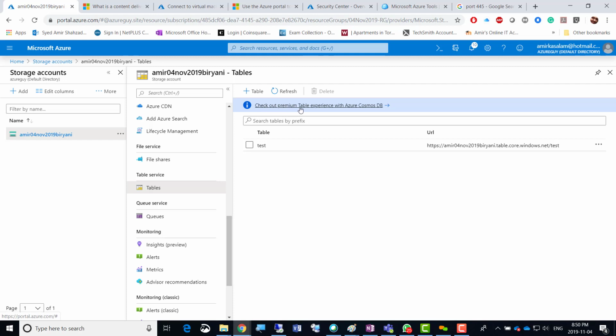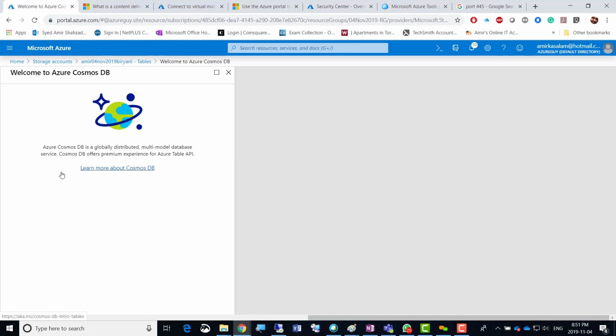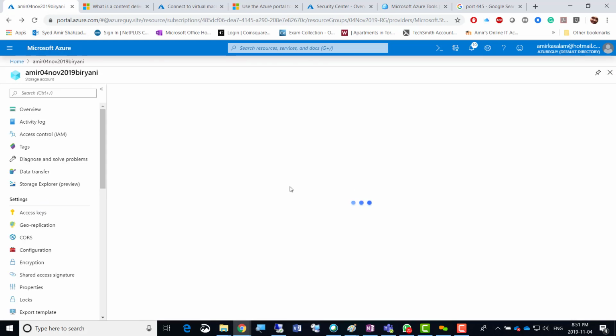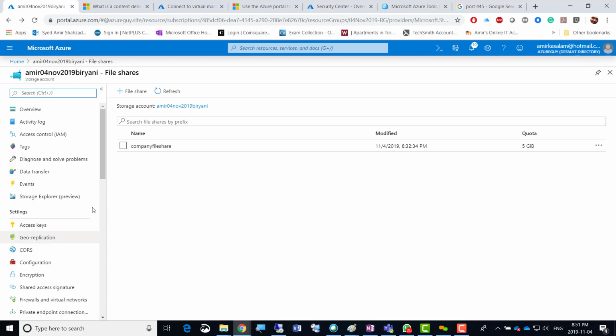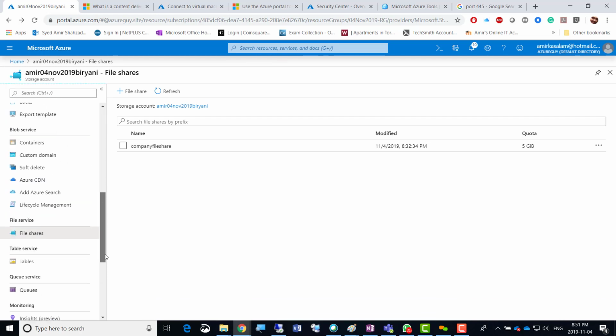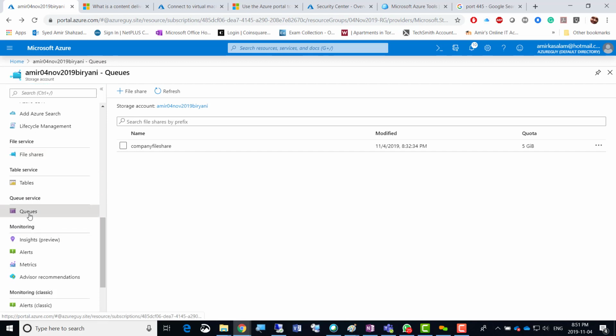Now also, check out the premium table experience with Azure Cosmos DB. This Azure Cosmos DB is where you can go for a NoSQL database, where it would just grow fast, can take millions of entries there, and scale really well. But you have to then purchase that service, Cosmos DB, and if you purchase that, then you can use the table server feature in the storage access. So if we go down, we were talking about tables, then it is queues, and in queues, what you see there is